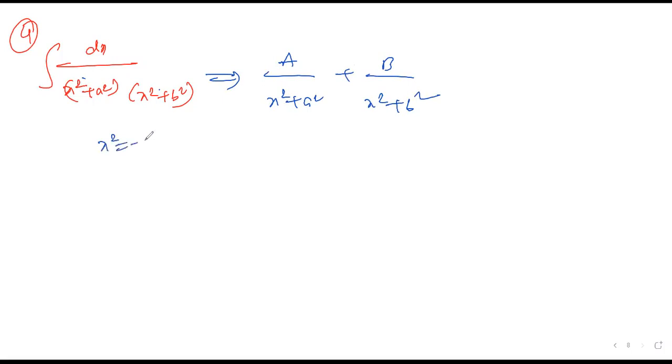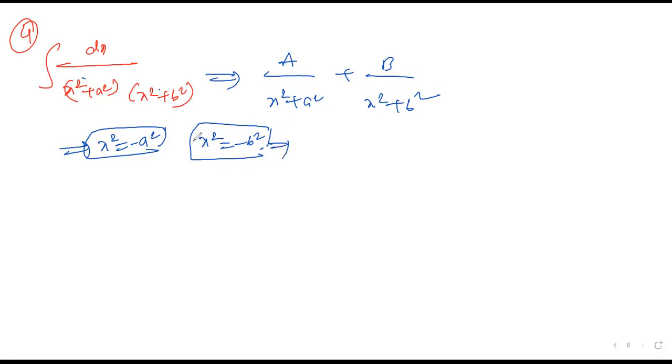When you are doing it as a problem, I'll give the hint. x square is equal to minus a square. Next, second case, x square equal to minus b square. Take the assumptions on both sides. You'll get one value for x square equal to a square, and one more value for x square equal to b square. You'll get the value of a and the value of b. You don't have to think of any other thing. You'll get direct answers.